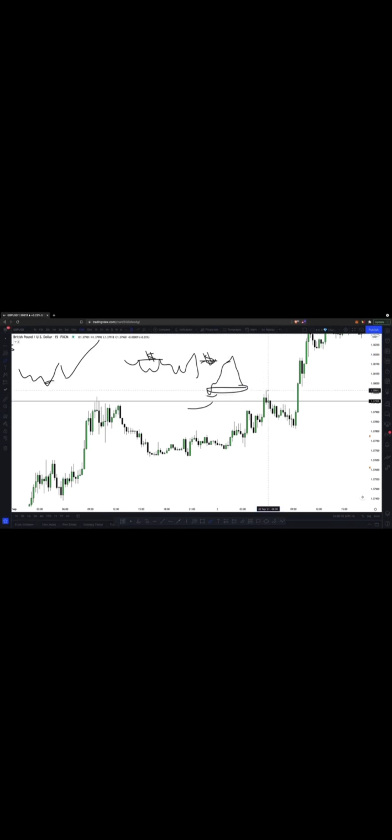But even not taking structure and liquidity into account, when price got above these highs right here, it came up, and then it just started making a big aggressive move to the downside. It was doing that for a week and a half. However, it was filling a lot of the imbalance on the way down. Now, even if we're not looking at the stops sitting down here, and we're not looking at the liquidity and we're still looking at structure, I still wouldn't have even taken that, just because it's making an aggressive move down like that,